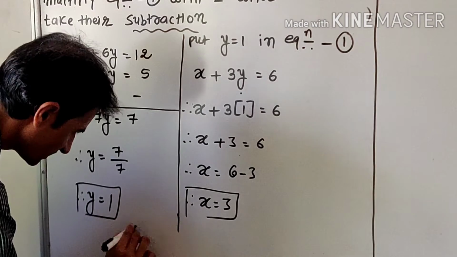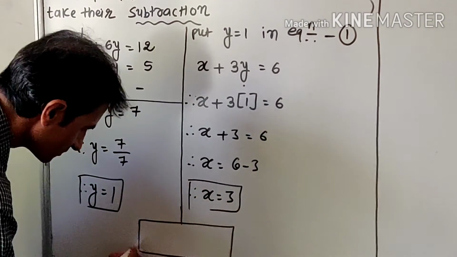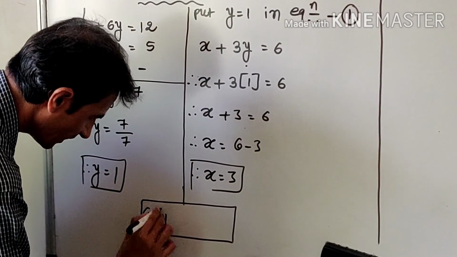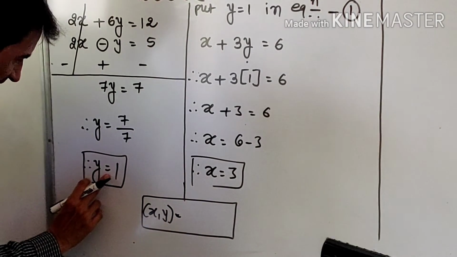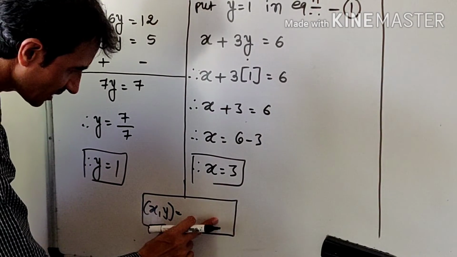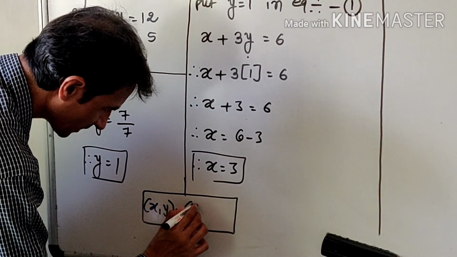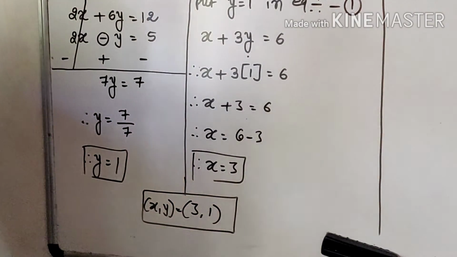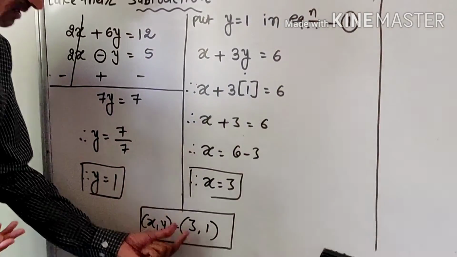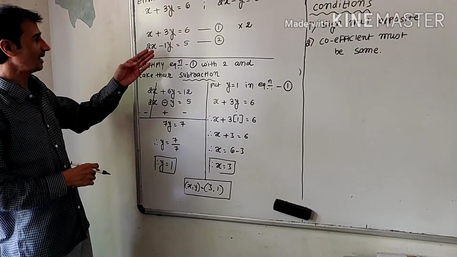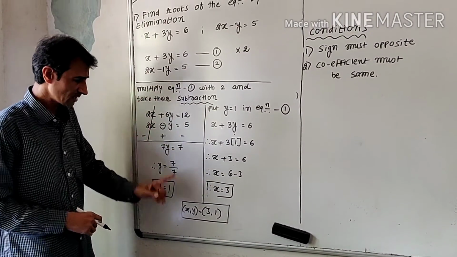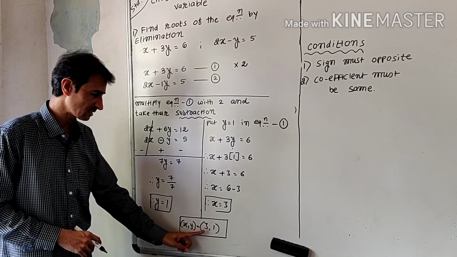Now put it into this separate box. Here x and y is equal to, be careful, here is the y, don't write y and 3. Write down 3 and 1 because I want to give the priority: here 3 and here 1. In this case also you can see the answer must be the same. You can eliminate y or x, but the answer is finally 100% the same.